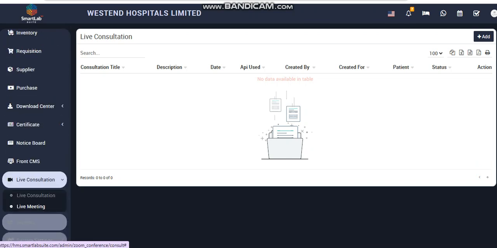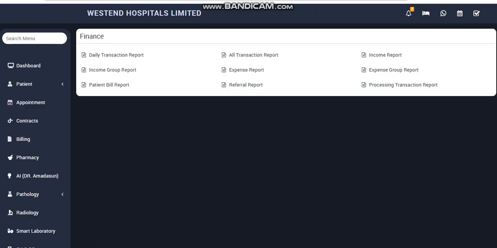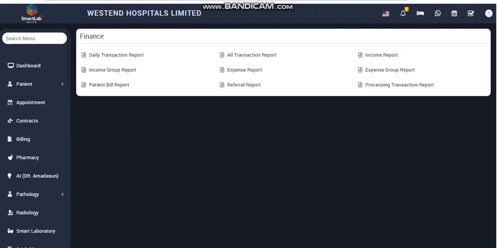So far we have report as well here. So here you have the different type of reporting system: finance, appointment, OPD, all the reporting system, and we are able to add more of the reporting system and make them come up the way you want. Before this, let's just take a look at one, finance. So see, daily transaction report, income group,